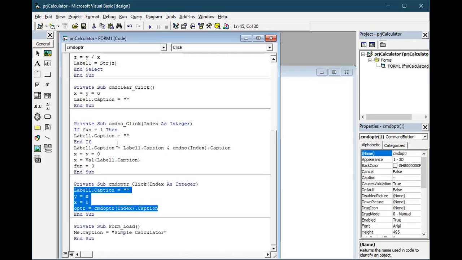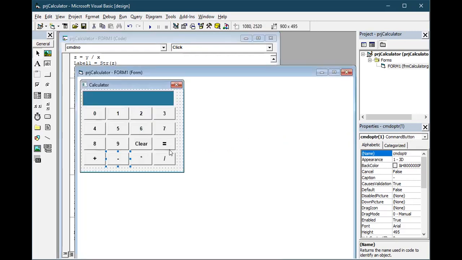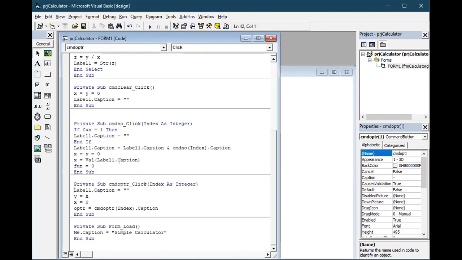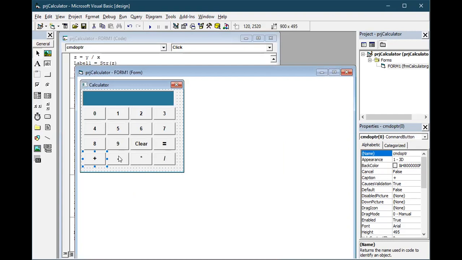Next, minus subtraction coding. If you write any one of these codings, you need not write separately. If you write the plus coding, automatically the coding will be copied for all the other things. The same coding will come for all of them.